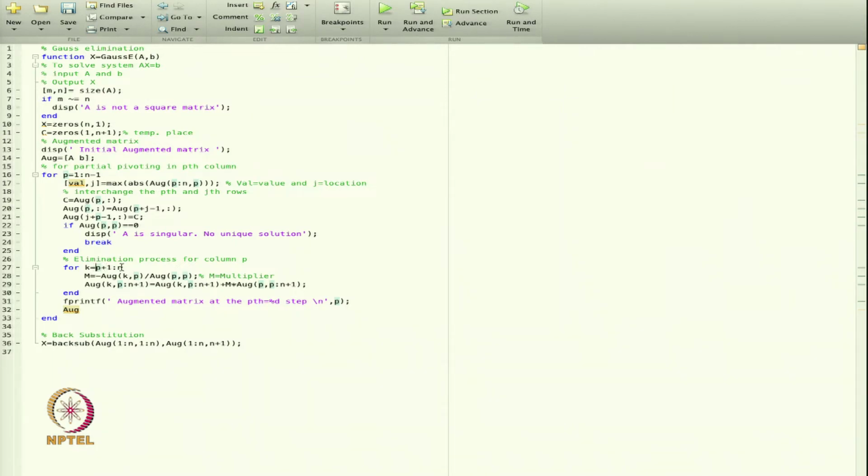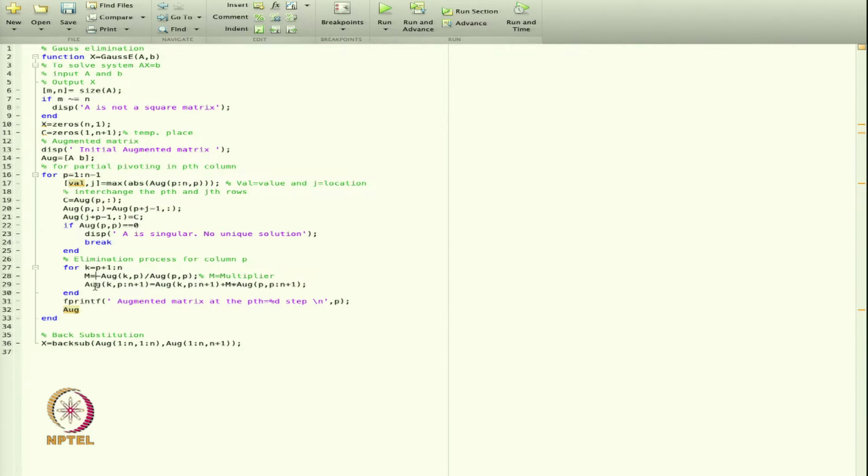So, this is my multiplier: minus the augmented matrix element k, p, divided by the element where I want to do the elimination, the pivot, because if p is 1, it will be the element p 1 1. I divide by this one, multiply by that number, and take the minus sign.